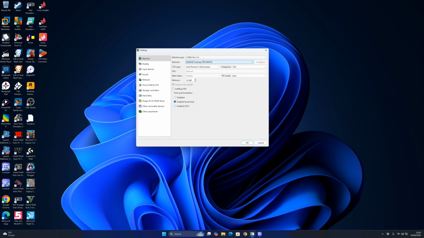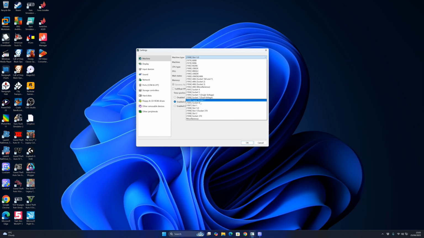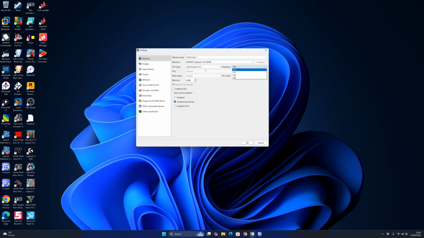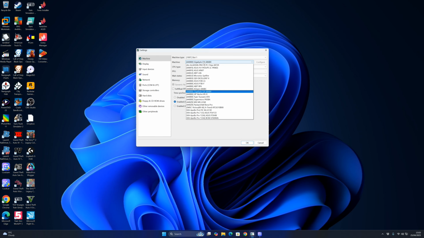And look up Slot 1 and Slot 2, which is probably not the one I want. So I'm going to go Slot 1, and I'm going to set it to a Gigabyte. I'm going to go for the Gigabyte one, which is probably not the best one to go for. So I'm going to look up the